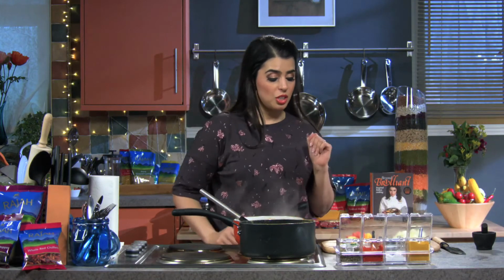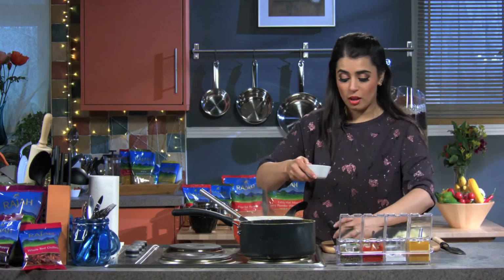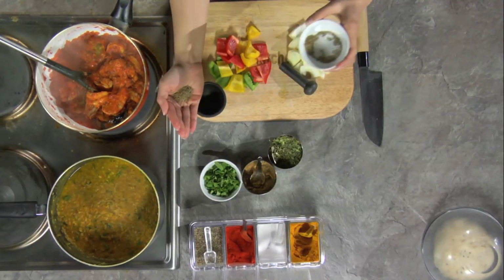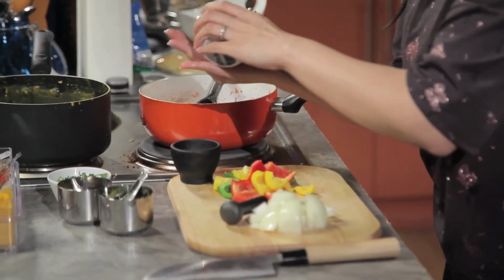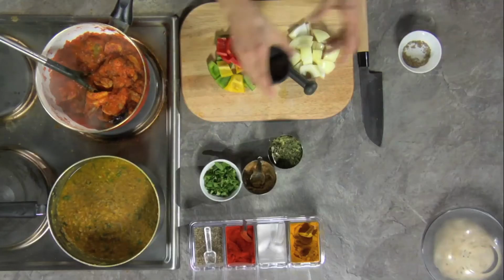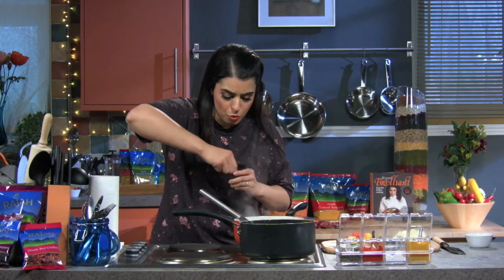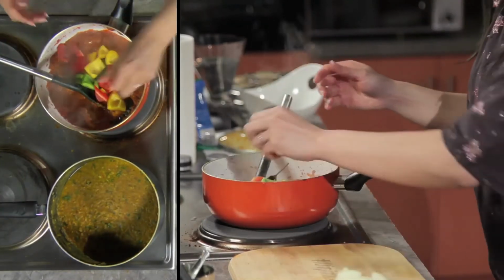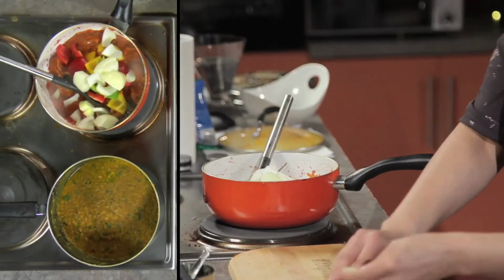And one of my finishing touches that goes really well with seafood dishes is the ajwan. Call it the carom seeds. Really nice, strong, herby flavour. And we add it to a lot of our seafood dishes in the restaurant as well. And let's just add these peppers, and that will totally change the look of the dish. Onions, and now